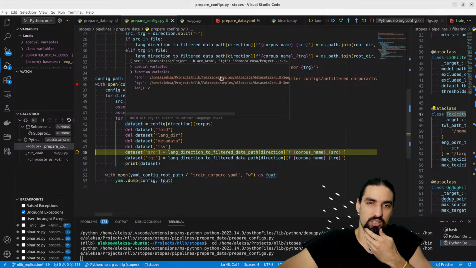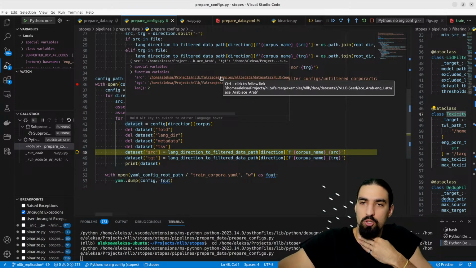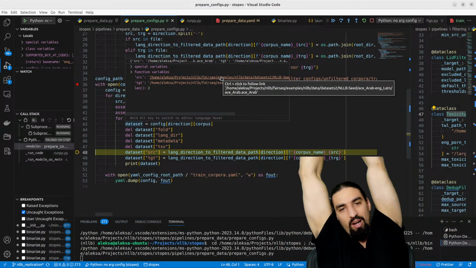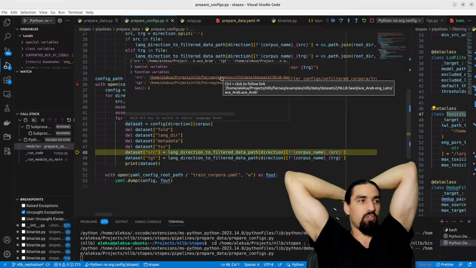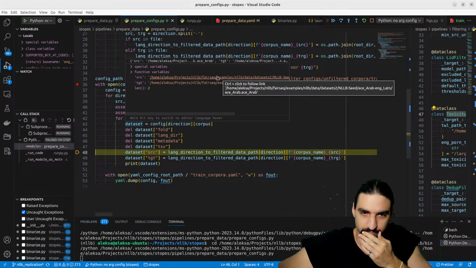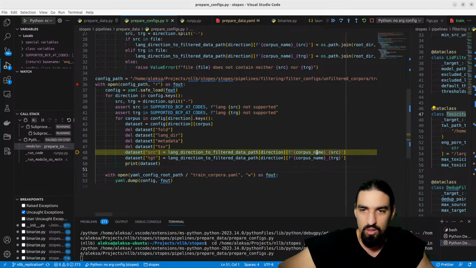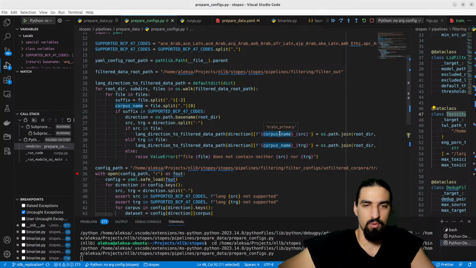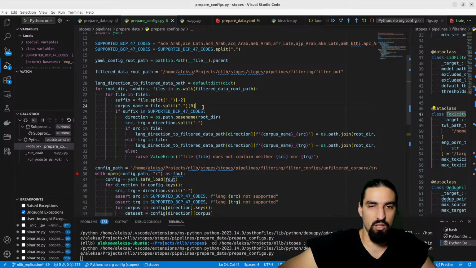So now the idea is, this was the original file. This was the location of the original file, and we want to replace it with the location after filtering. So if we do this for this direction, for this corpus, okay, this does not look good. Train primary, this is not the correct name. Okay, that was a mistake. That was a mistake because